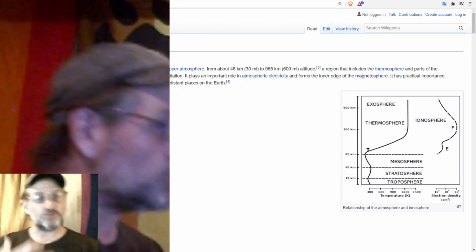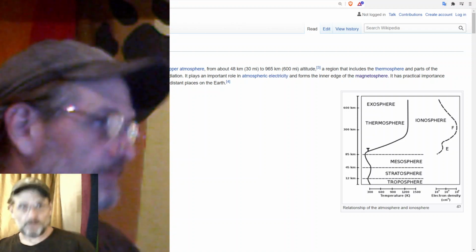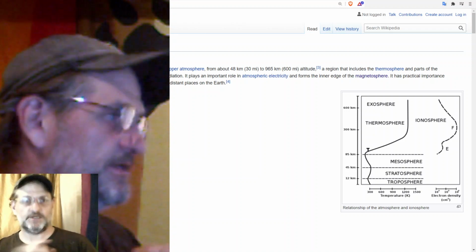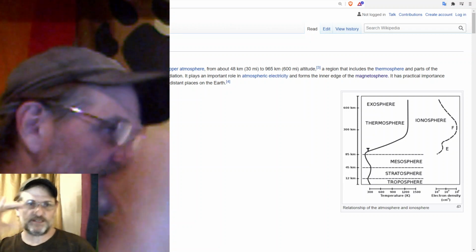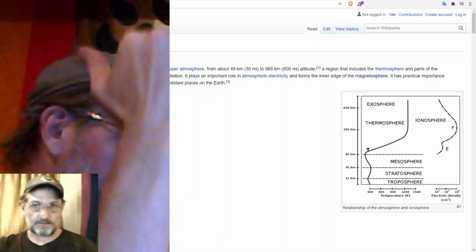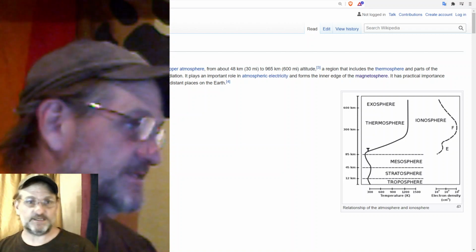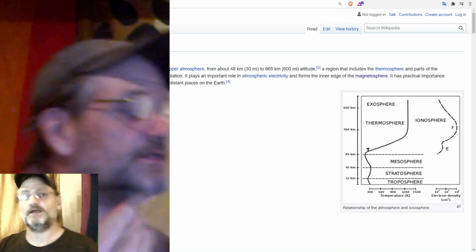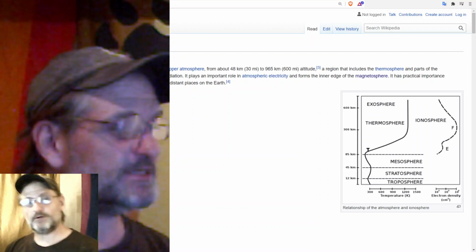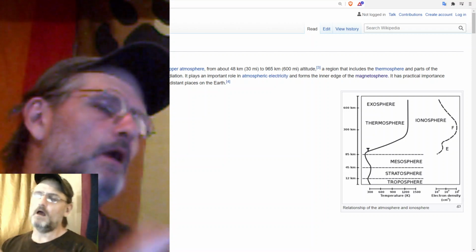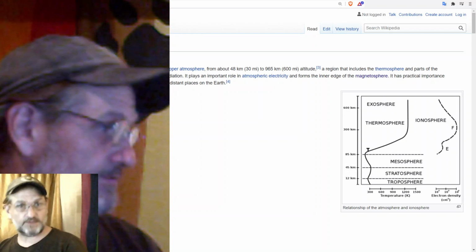Then there's a waveguide cavity of the lower atmosphere. Then there's the Earth's surface, the Earth ground. These are the various components. The first part, the ionosphere and the magnetosphere, is the IMF, the interplanetary magnetic field. That's what I refer to as the upper DC current. The lower DC current is what I refer to as Earth ground.